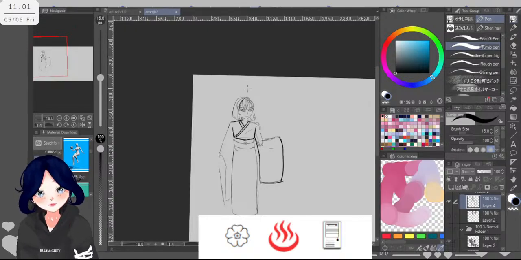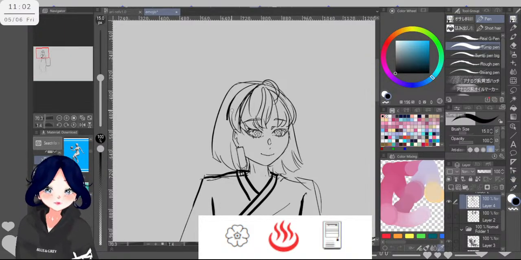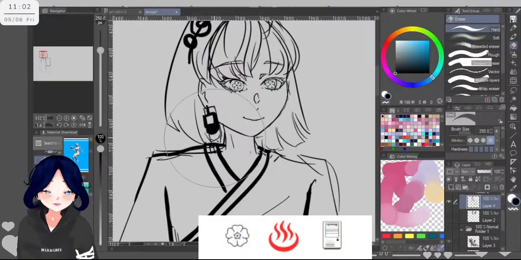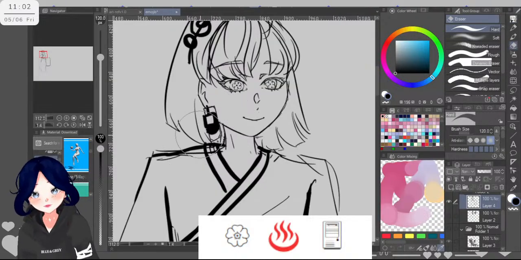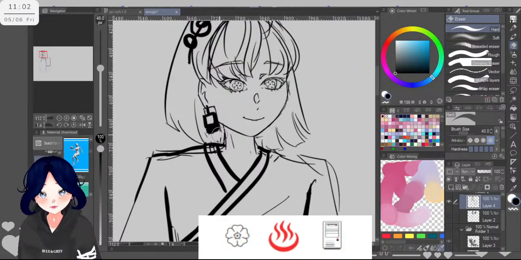And so also for the hair, maybe a couple of flowers here, something like that. And this one maybe make it a little smaller, like this. Oh, that's still too big for this.